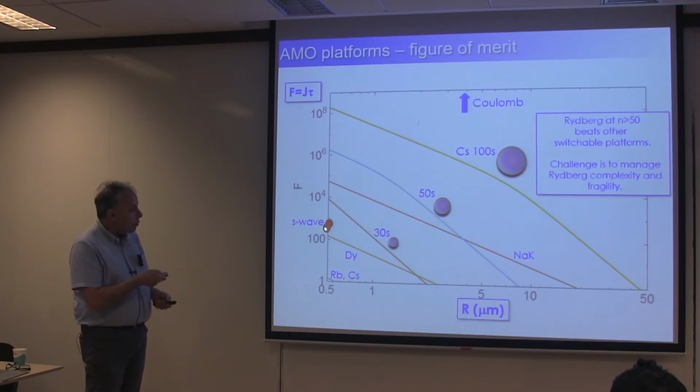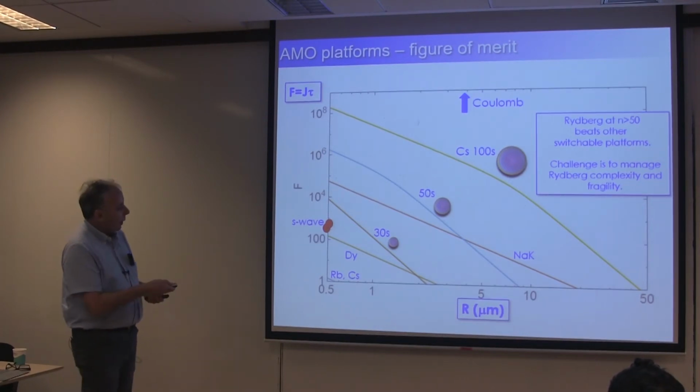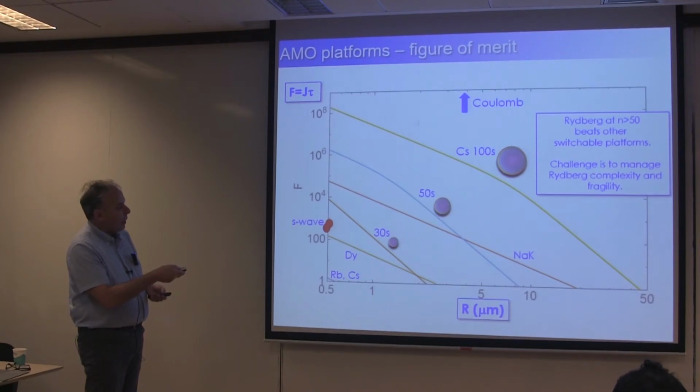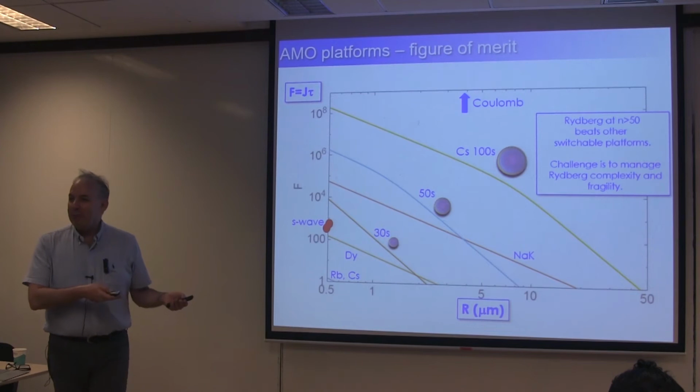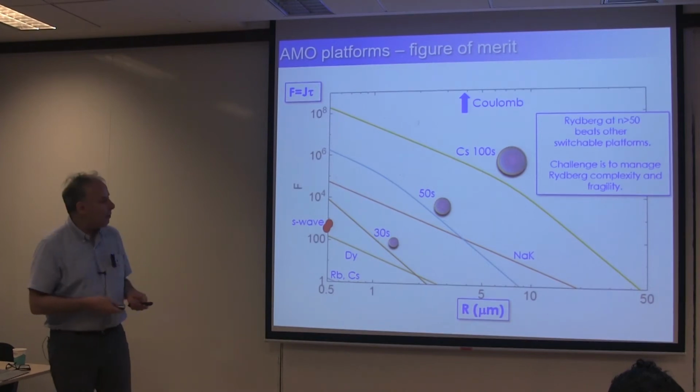One can have strong collisional interactions, but only at very short range. The atoms have to be essentially on top of each other. One can have polar molecules. Here's sodium potassium on this curve here. And then here are Rydberg atoms excited to higher and higher states. And not surprisingly, I prepared the slide and I like Rydberg atoms. The Rydbergs come out as the winners.